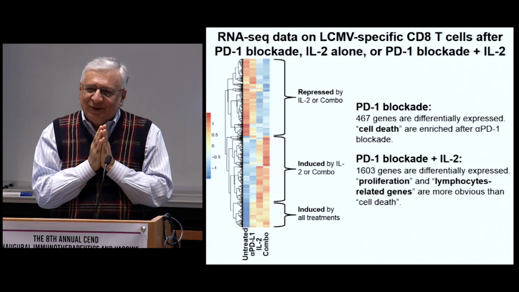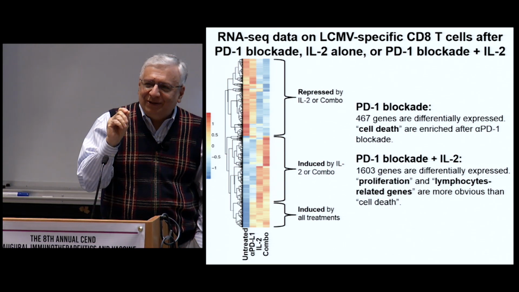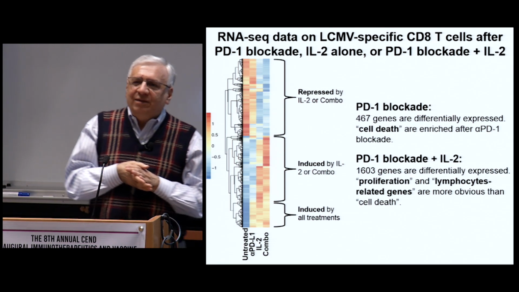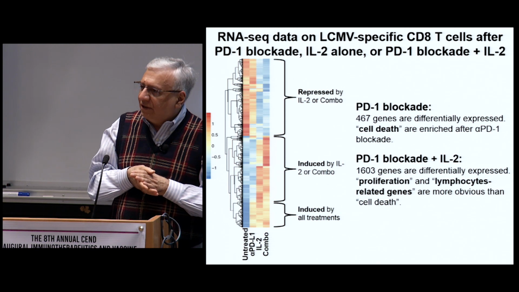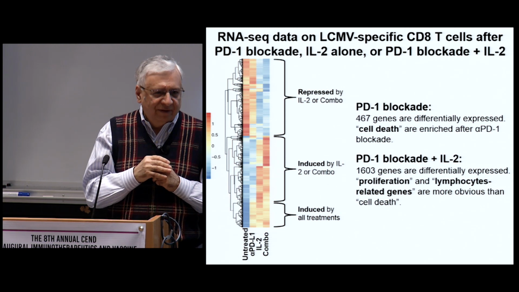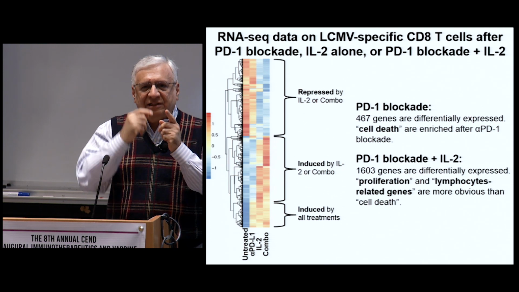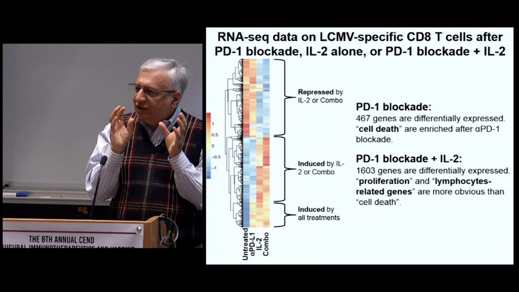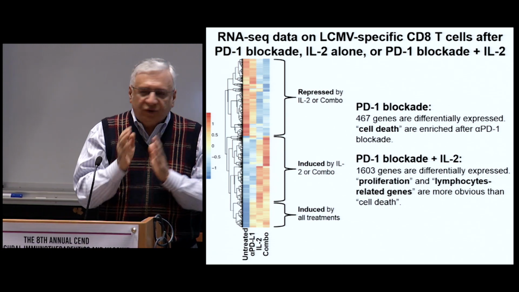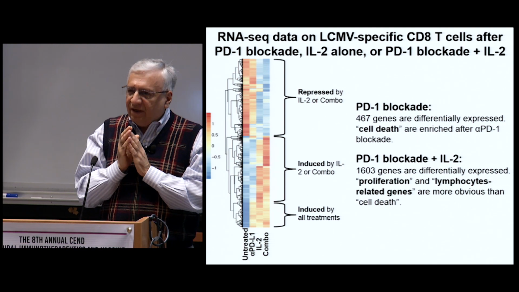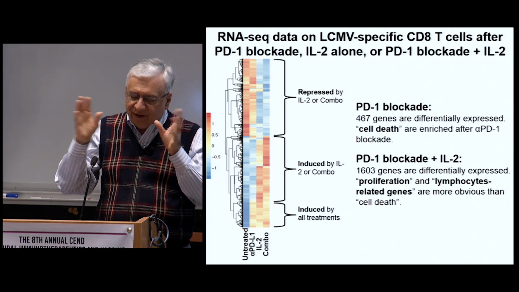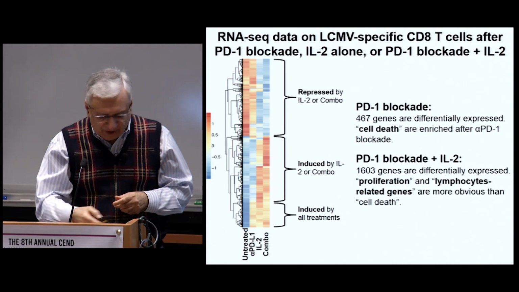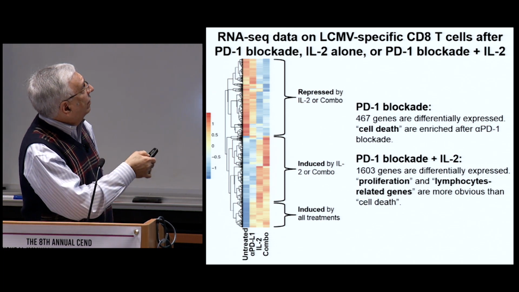So what that slide shows is that if you look at the gene expression profiling of an exhausted cell, it has a certain signature. If you do anti-PD-1 blockade and then look 2 weeks later, it's actually not that different. Okay? Of course, since the cells are proliferating more, some of the proliferative genes are expressed more. But in general, it's not a very different cell, pre and post blockade. Okay? And interestingly, if you do the genomic analysis and look at what the signatures are, an interesting characteristic of this is that the PD-1 blockade, so this is here,